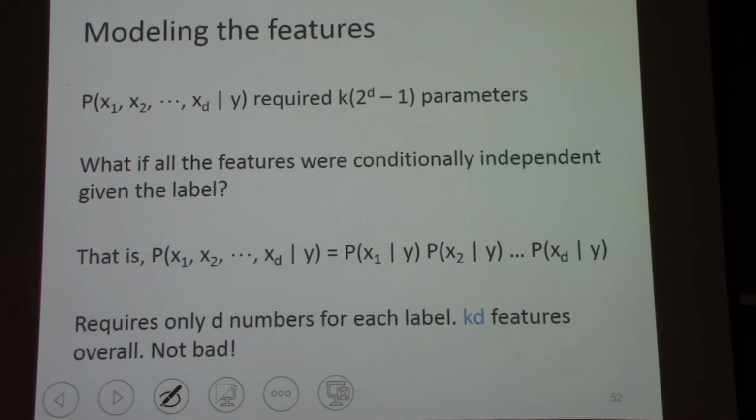In equations, this simply says that the probability of observing this entire feature vector, which is basically just an object, is simply the product of the probabilities of each of its components. And this is a conditional probability. Sometimes you hear the phrase class conditional probability distribution. So this is the class or the label, and this is the distribution that is conditioned on the class. If we assume that the class conditional probability distribution has this conditional independent structure, then we are actually in a much, much, much better place,